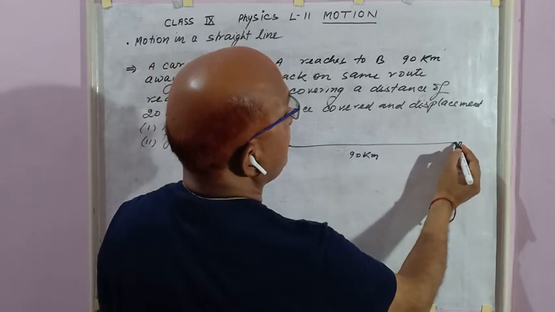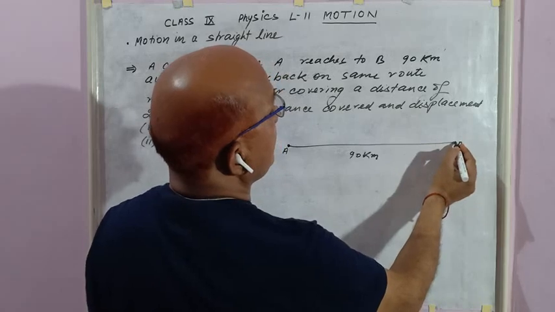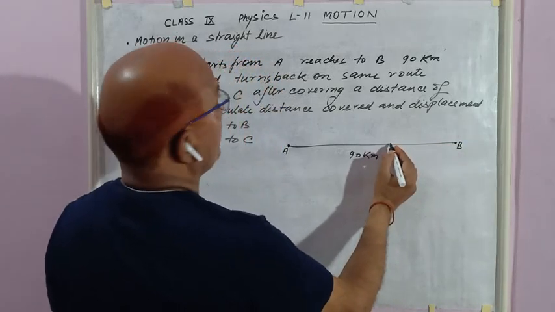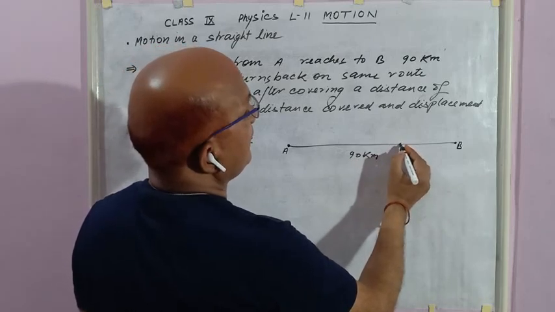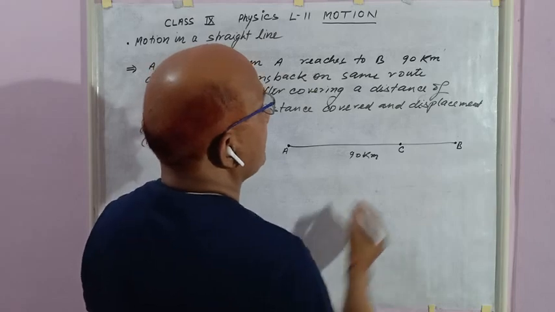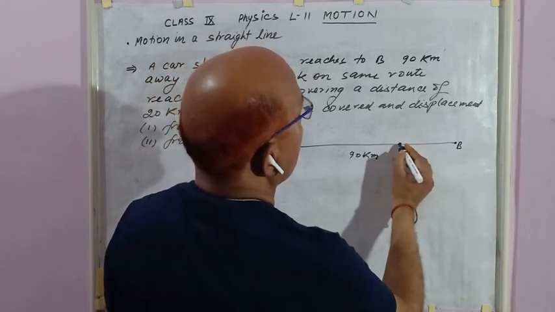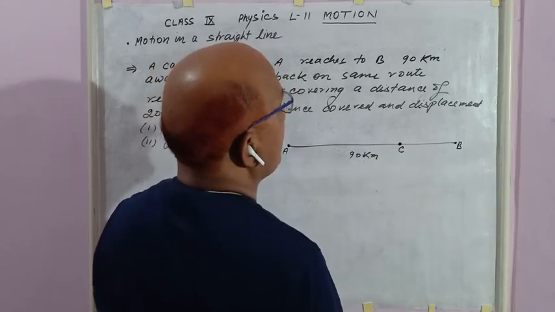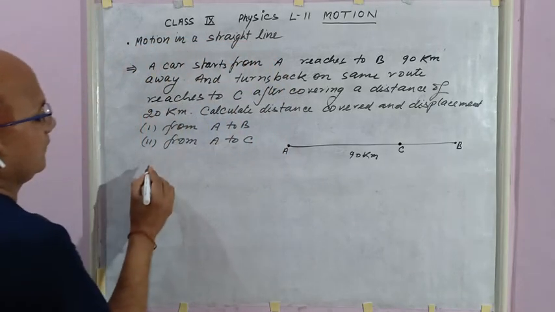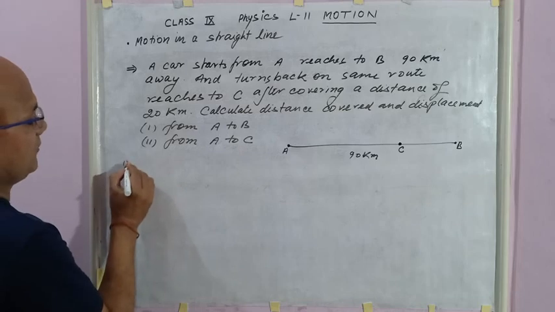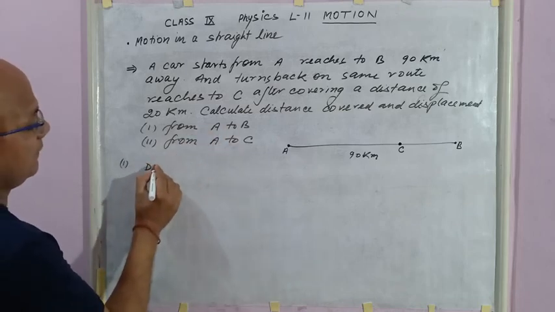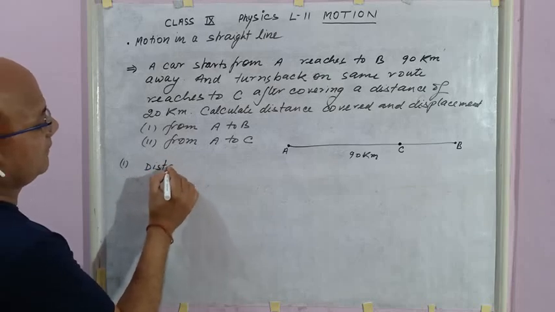Then it turns around on the same route and covers 20 kilometer and reaches C. This is another position of the car. So in first part from A to B, distance covered